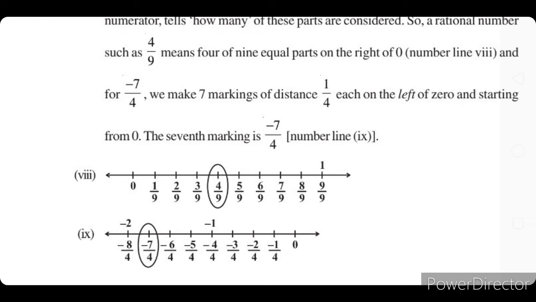Minus 1 by 4, minus 2 by 4, minus 3 by 4, minus 4 by 4. Now here the same numbers are there, it will be minus 1. Similarly we will go till minus 8 by 4, and 4 2s are 8, so it is minus 2. So minus 1 and minus 2. These many numbers we can show between the given whole numbers, given integers, and there are 4 parts between all integers. So which number we have to show, that we have circled here, minus 7 by 4, it is in the circle.